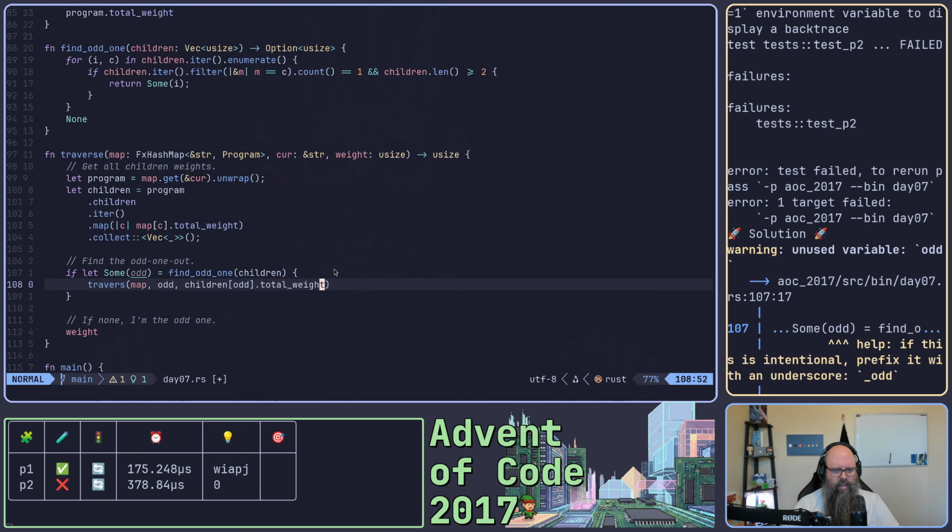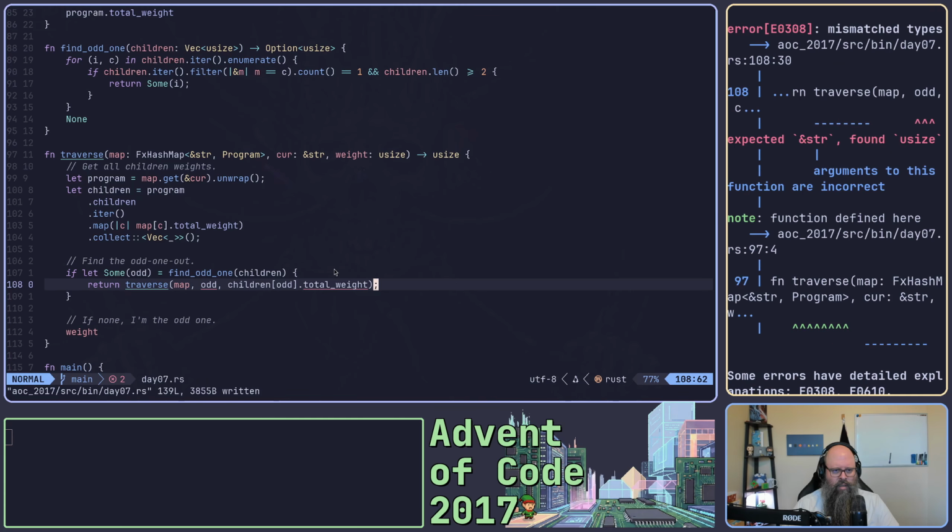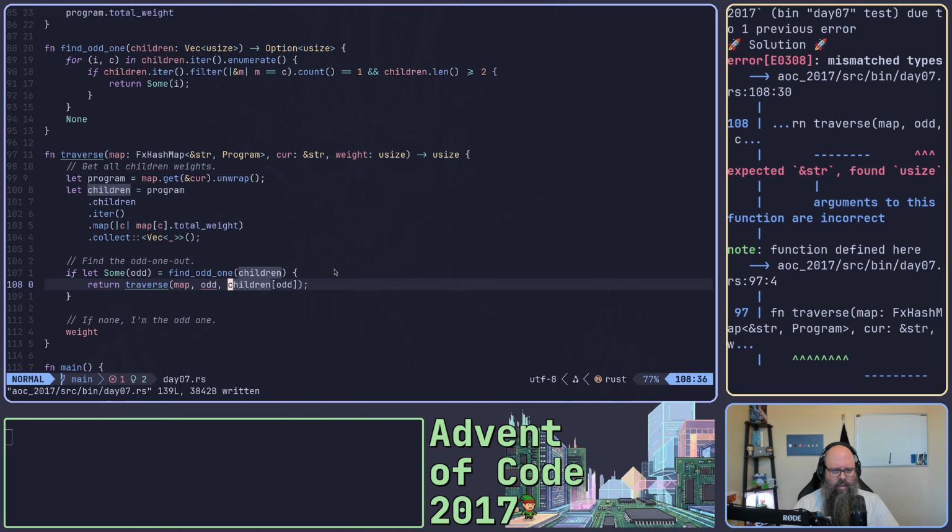Total weight. Oh, it's just children. Oh, this returns the index. So it's actually going to be